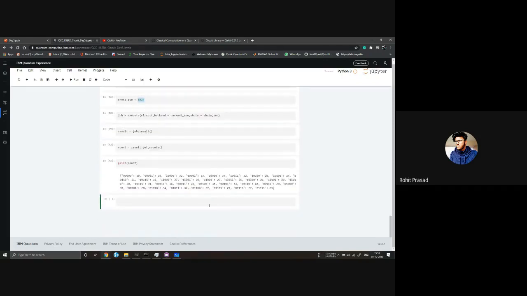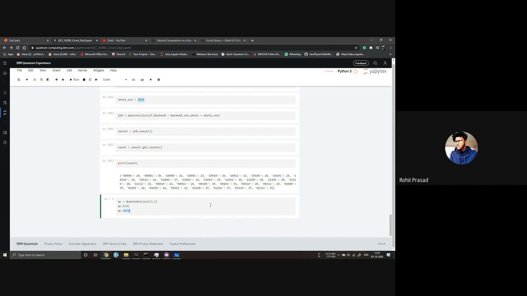Let's say I want to make another circuit. So I write qc equal to quantum circuit, with 2 qubits and 2 classical registers. I want to place qc dot h on the zeroth qubit and qc dot x on the first.